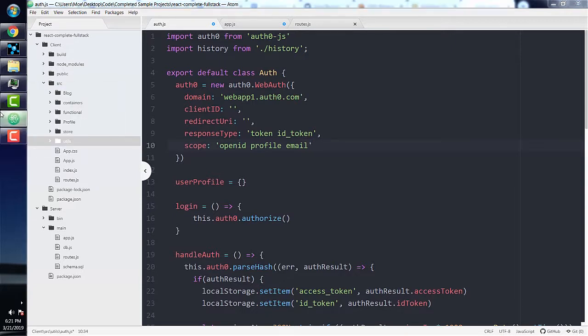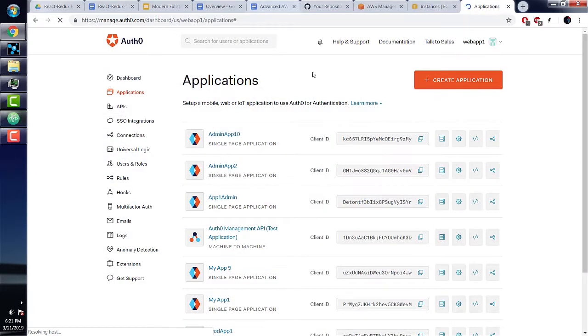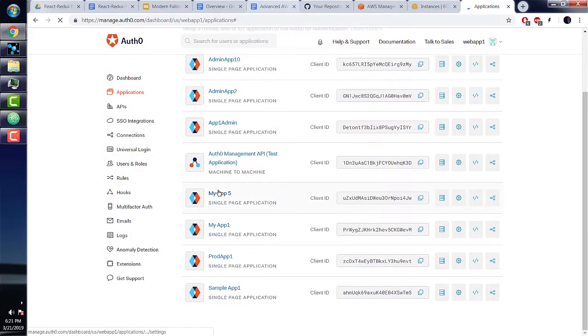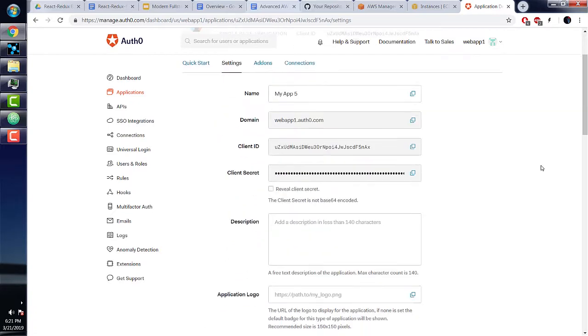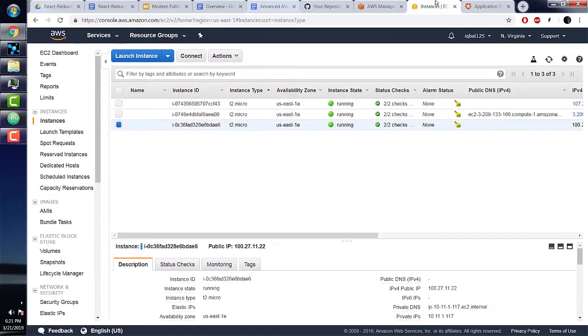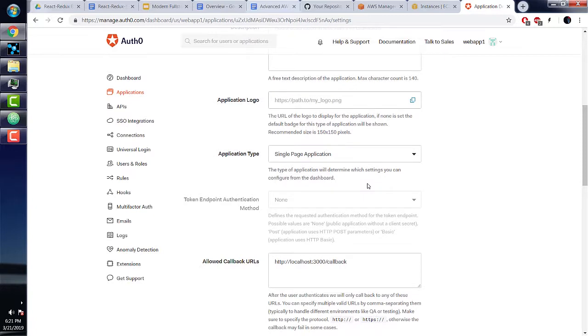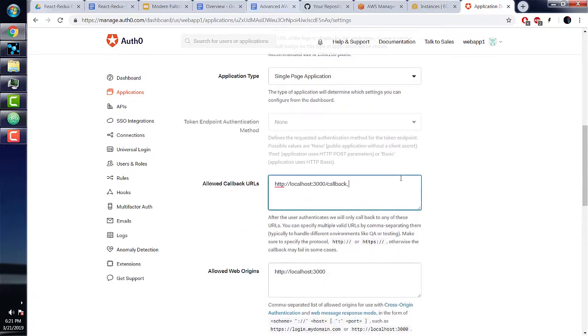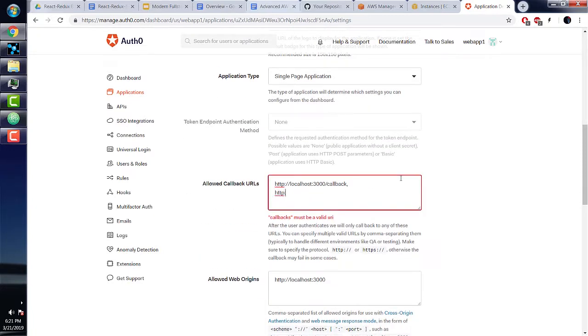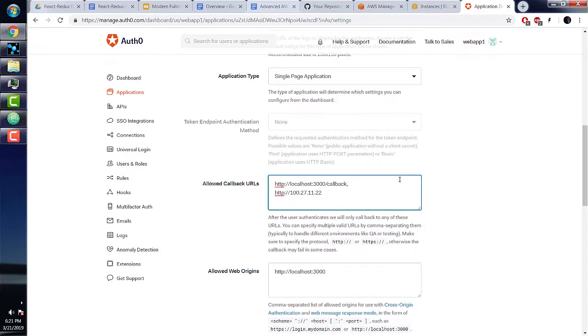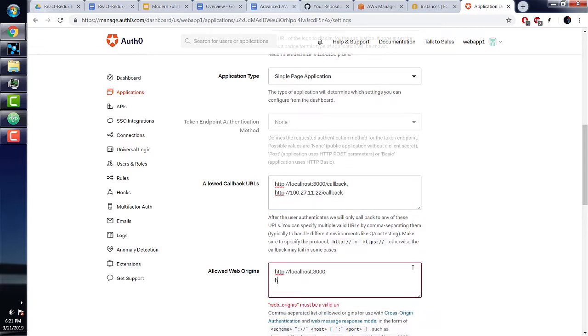So since this project is going to be running on a public IP address, we will need to add that IP address to our auth0 allowed callback URLs. So let's copy the public IPv4 from our EC2 instance and then paste it here in our auth0 dashboard. So we're going to need to add the IP address to both the allowed callback URLs and the allowed web